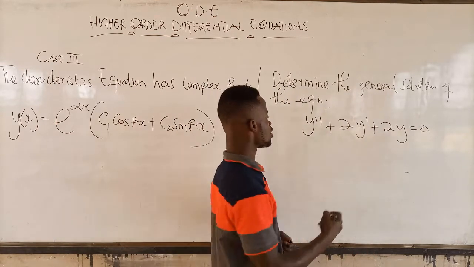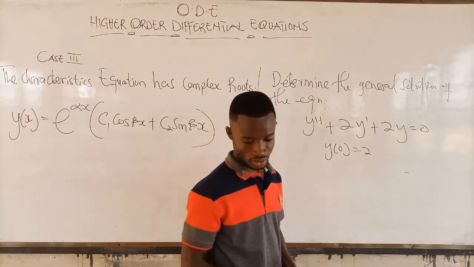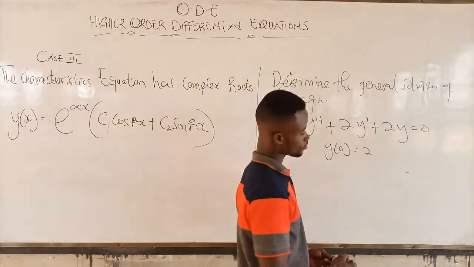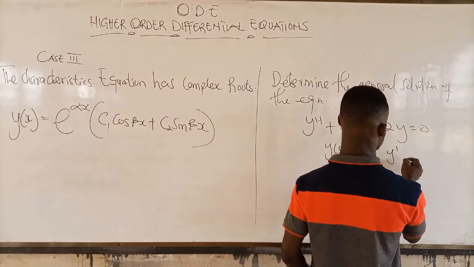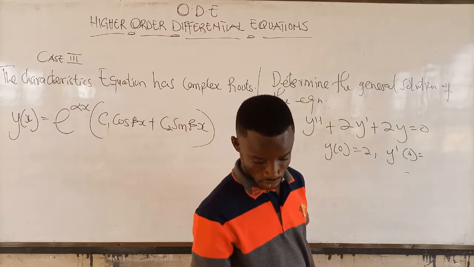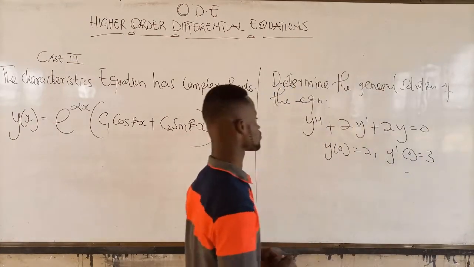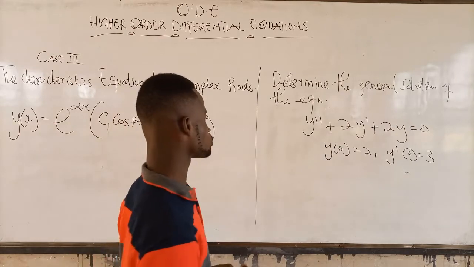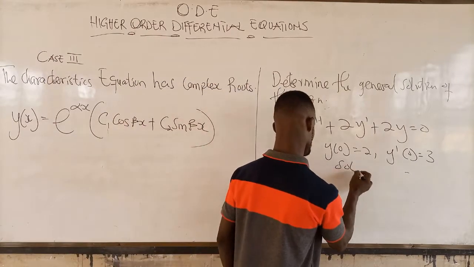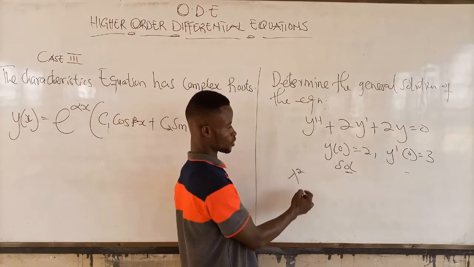So now here we have an initial condition y of 0 equal to 3 and y prime of 0 equal to 3. It means that we're going for the particular solution. So it's not difficult. The characteristic equation will be lambda square